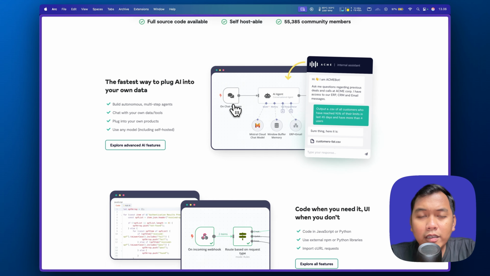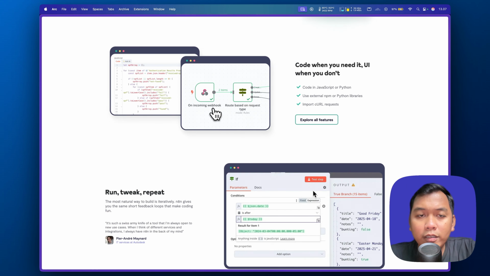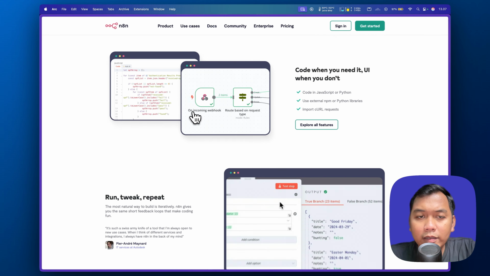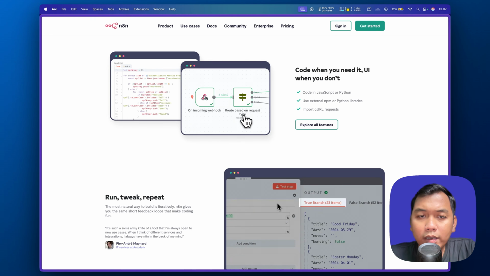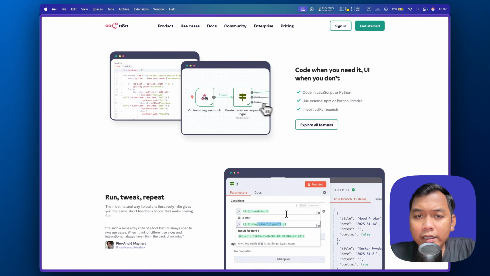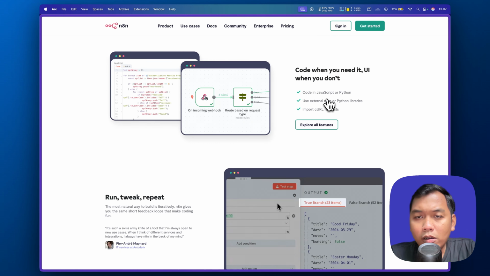Let's see here. It starts from a trigger called on chat message, and it will automatically be replied to by an AI agent. In this case, they use the Mistral Cloud chat model and it will send the reply back to the user. And we can also create a workflow starting from an incoming webhook, which will go or bring to a URL or anything.